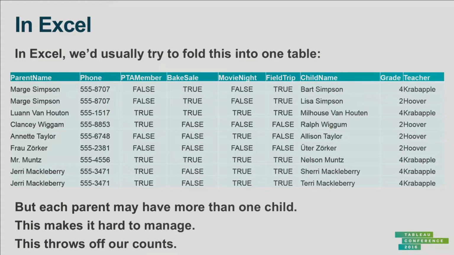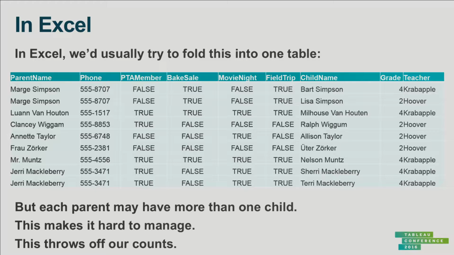And then she comes back and she says, well, Maggie's entering school, and I need to fill out another form, and my phone number's changed, so I changed my phone number. Which one do I change? Do I change them all? What happens if Marge has a different phone number in our database for Bart and for Lisa? Or if she answers differently for these questions for each row? We've got to keep them in sync.